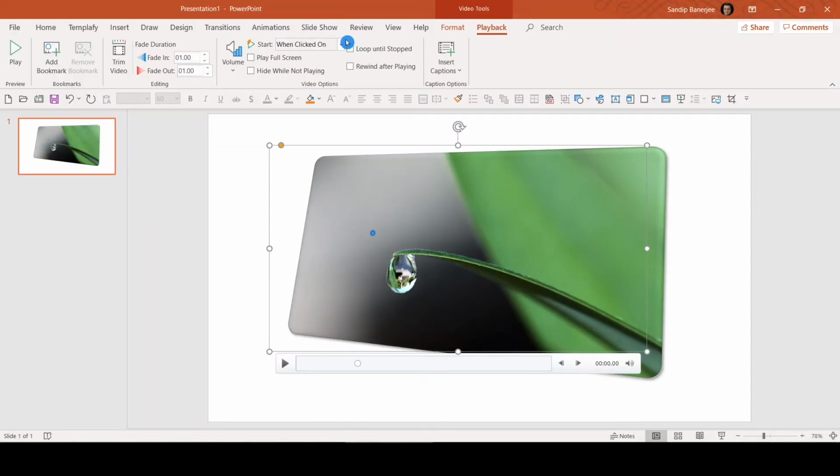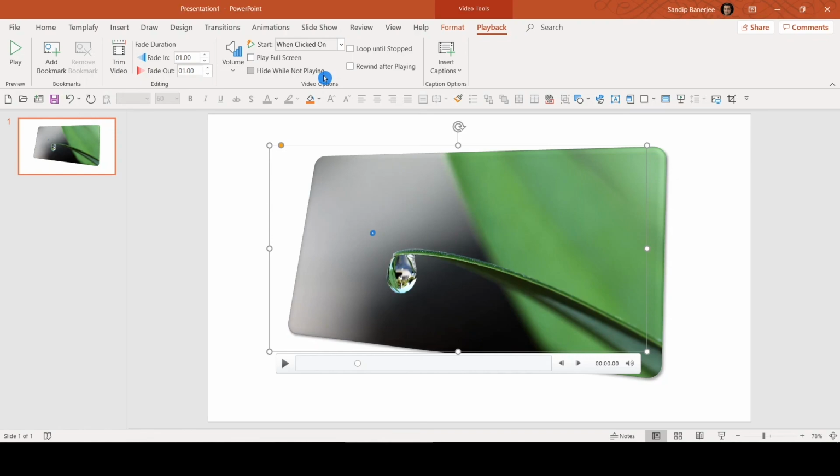So these are the three different options using which you can configure how you want to play this particular video inside your PowerPoint slide. The next option is to play in full screen mode. If you select that, it will play in full screen. That's a normal thing. And hide while not playing. All these three different options are self-explanatory. Maybe if you want to put your presentation on a bigger display where you need to loop this particular slide and the video inside it, it will play automatically for a very long time. Those are the options you can select and use.